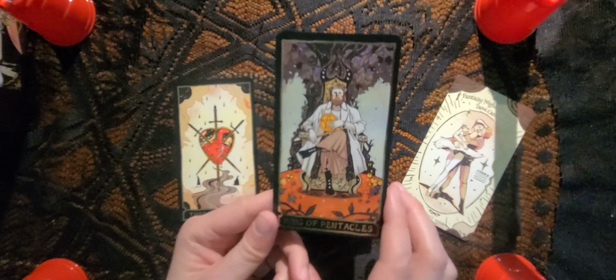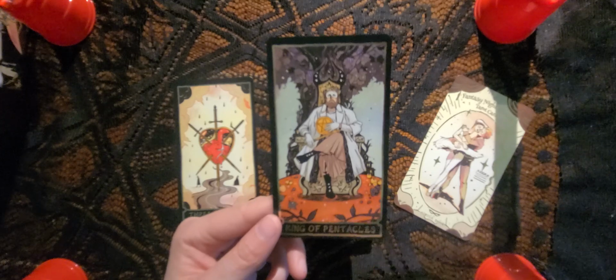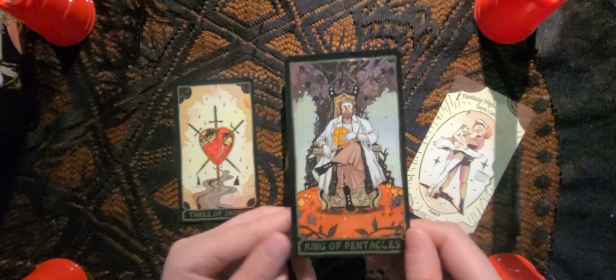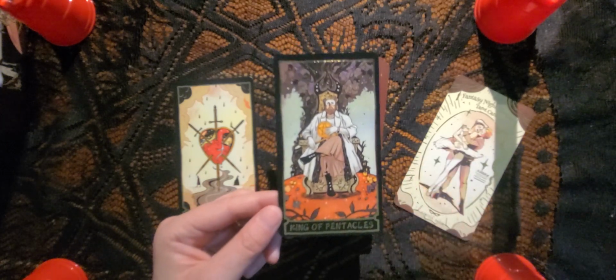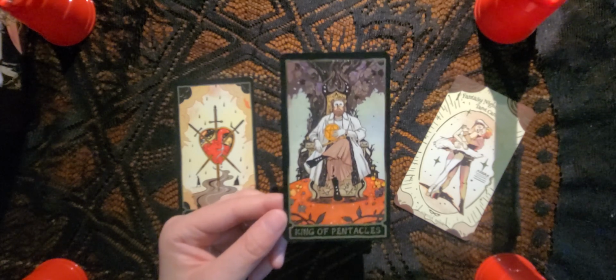So that King of Pentacles is right there, astrologically connected to Taurus, and that is the season as we make this video. It's not really a reading, although I did kind of just read with it. That's beside the point. King of Pentacles, astrologically connected to Taurus, the fixed earth energy of the zodiac,